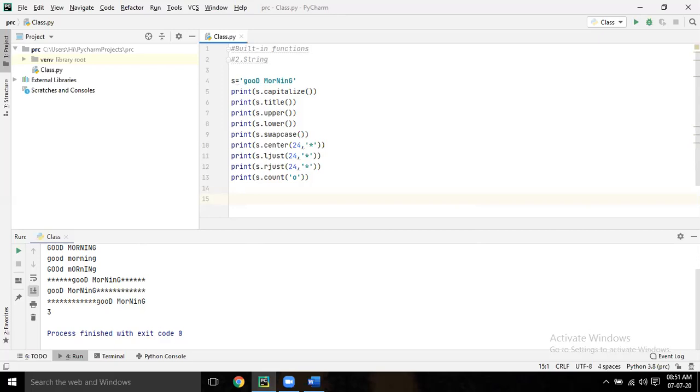Try to count the number of o's present in good morning without using that count function. Why I'm telling this is so that at least your logic will be strong. Anyhow, you can use this function, no problem, one line. But if you do it without using count, at least you are using an if condition or loop condition. Let's see.